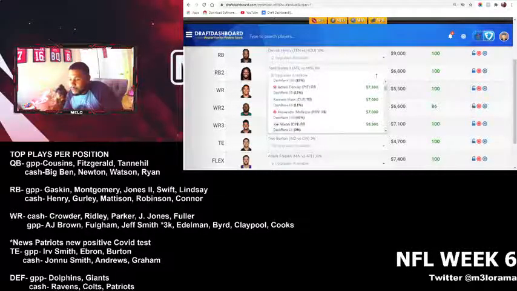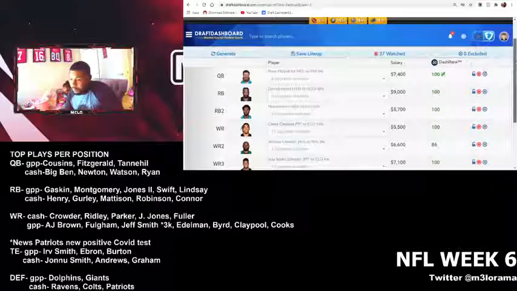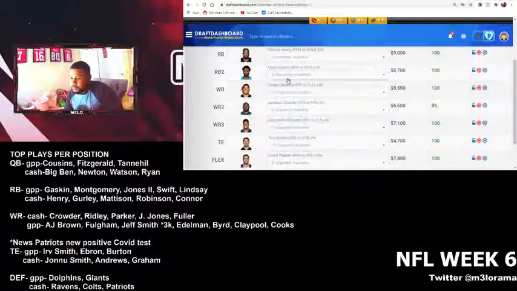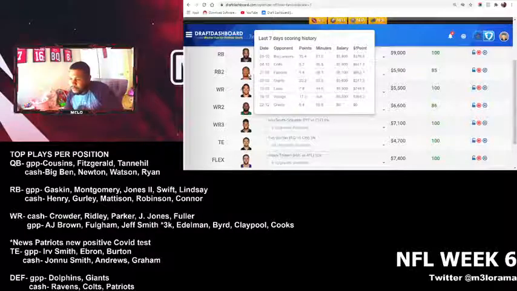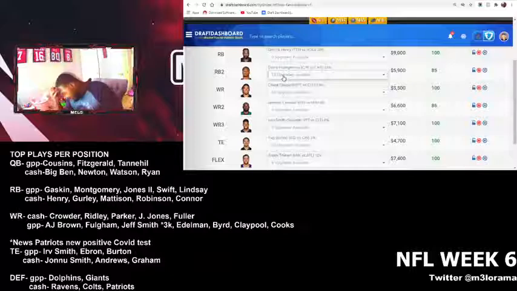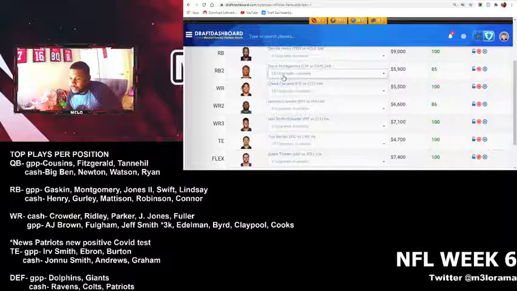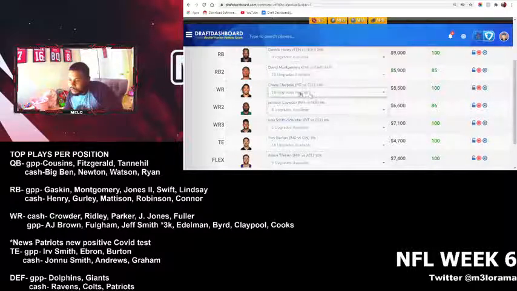Conner, Todd Gurley, Madison, James Robinson. We talked about James Robinson. Gaskin, let's go Gaskin. You could go Montgomery. So many options, y'all. It's crazy. I like David Montgomery. Against Carolina, he should do well. Crowder, Juju,